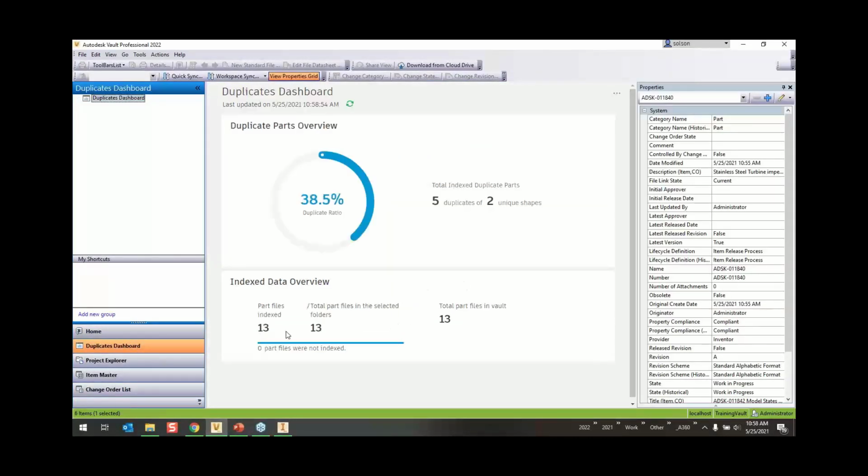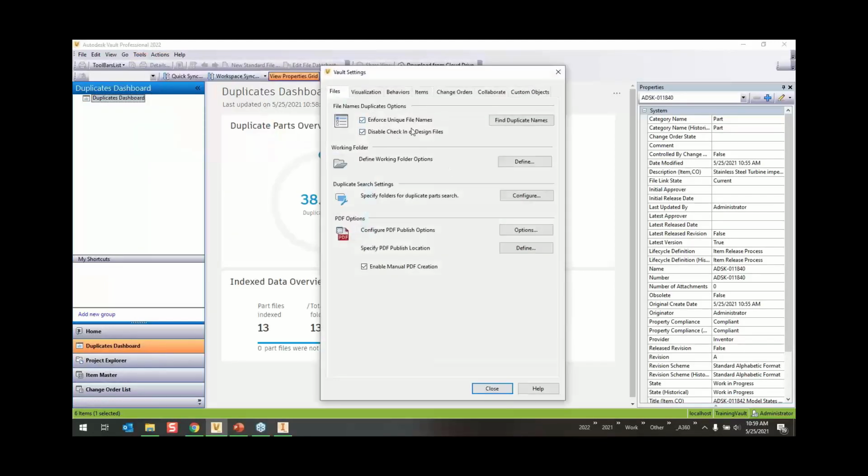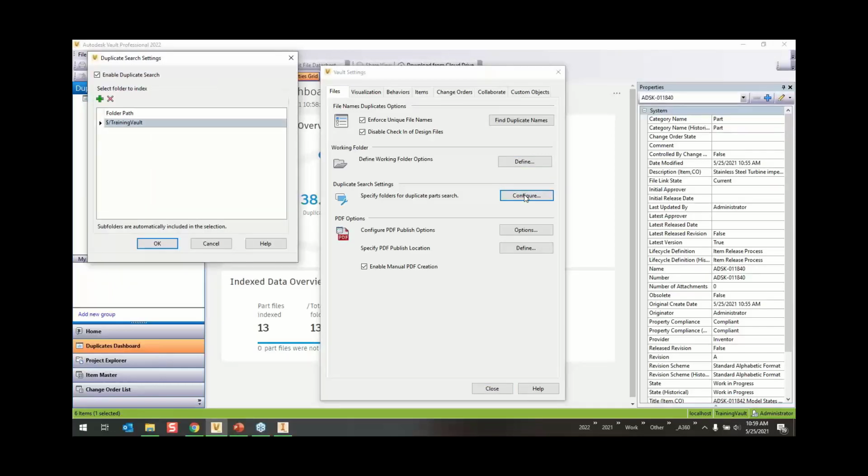It will tell you how many files it's indexed and how many unique files there are inside of the tools here. The admin can define folders that it's allowed to search through. So once the admin has defined files or folders for it to search through, the job processor then needs to